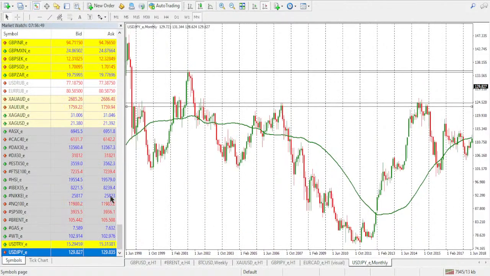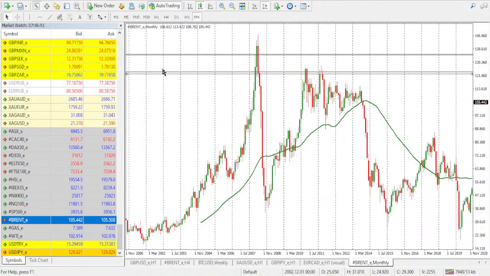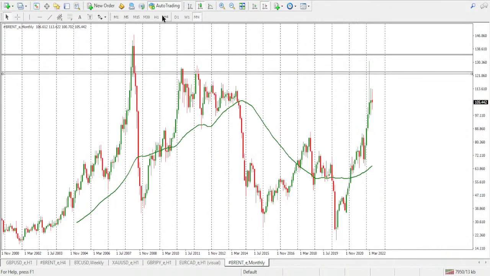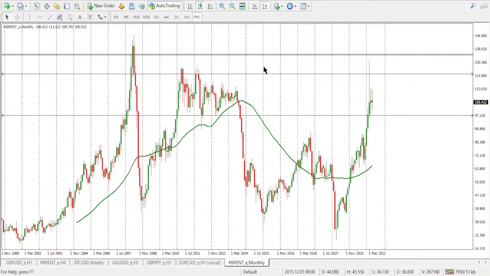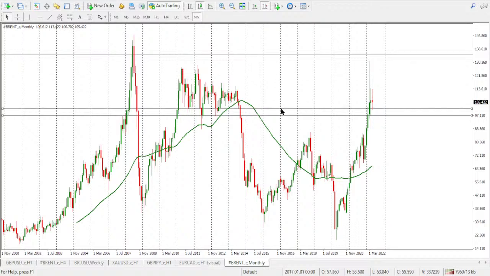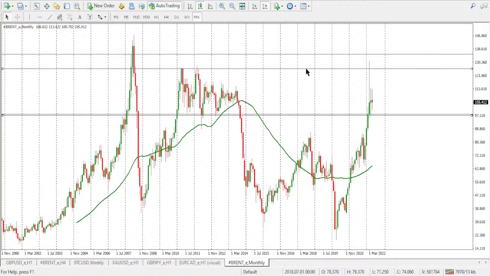So the next instrument is the Brent oil. The Brent oil, so far we've talked much about it in the recent past. We've said that we still do expect price to correct itself to the lower side before eventually heading to the upper side. So we still expect